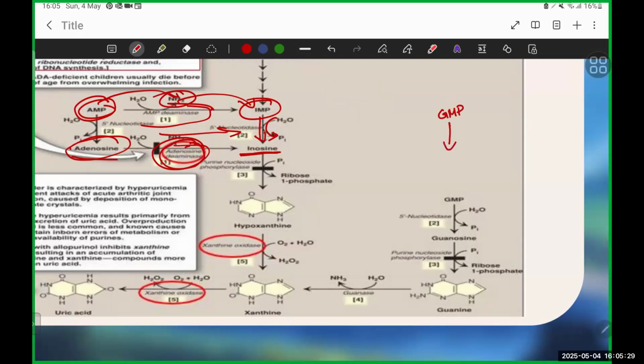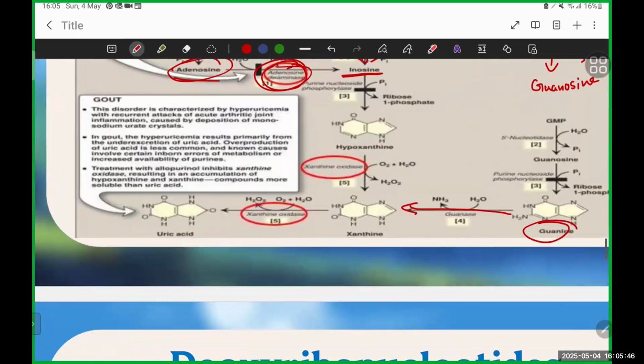Okay. Again, you're going to remove the amino group, and then you're going to go to guanosine, right? It's going to go back to what it was, basically, and the guanosine turns into xanthine. All right. Now this xanthine,